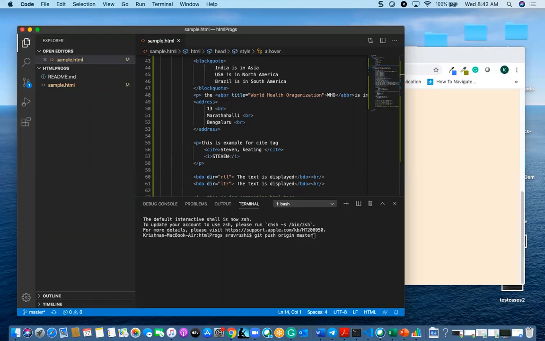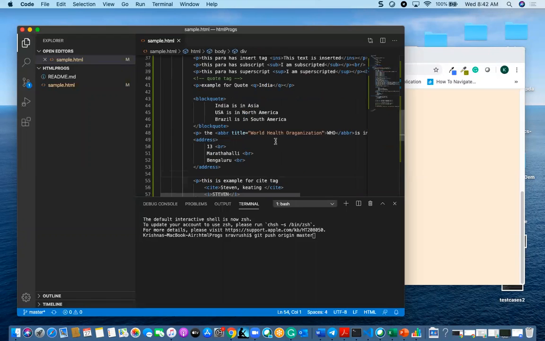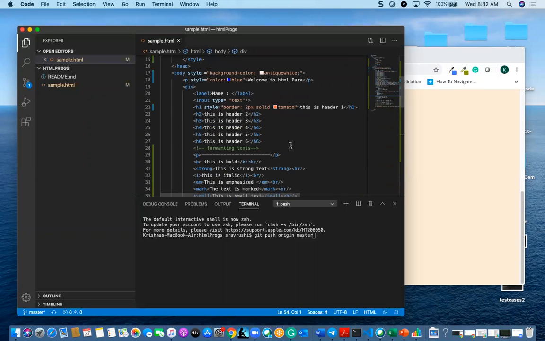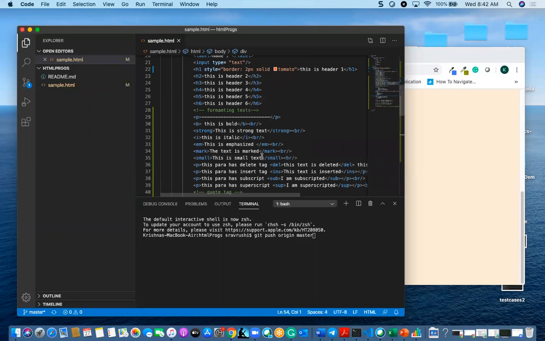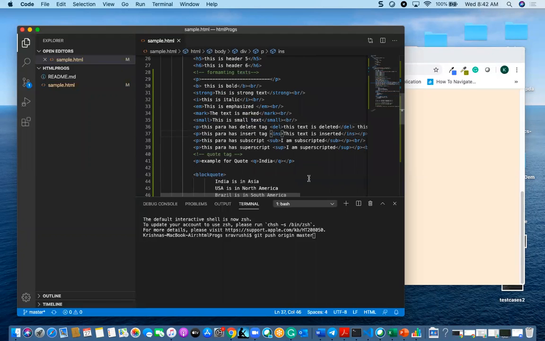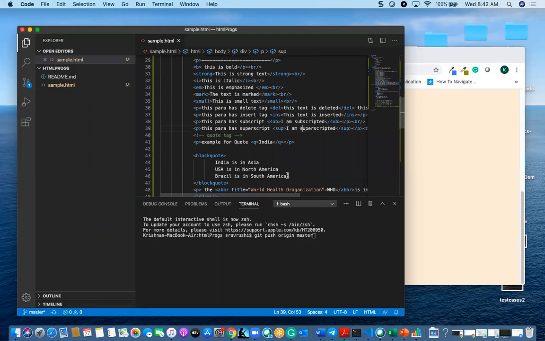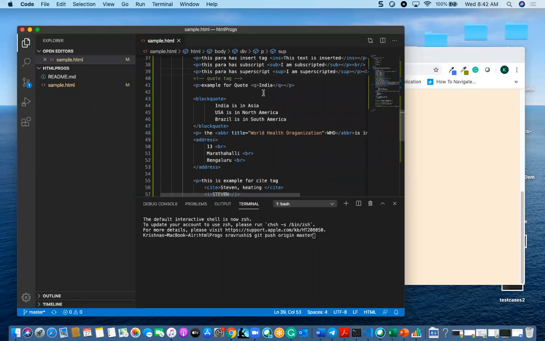So this is about a few tags we are having. We have discussed almost 20 tags, like formatting tags: para, bold, italic, emphasized, mark and small, delete, insert, and also subscripted, superscripted, address, block quote, and quote.